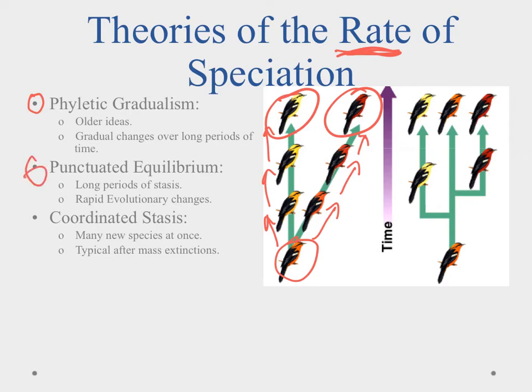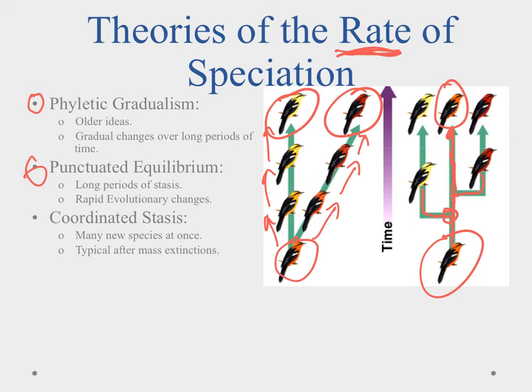Then we can have punctuated equilibrium, and punctuated equilibrium says that you have these long periods of time with nothing going on, and then you have a rapid evolutionary change. So right here you'd see a rapid evolutionary change. Right here you'd see a rapid evolutionary change. But this species here might still be the same species. It's just gone through periods of stasis, no changing. Stasis kind of means that it's just stationary. It's not having any decision to change. Life is good. It's happy. Okay, but if you presented an opportunity to exploit a new niche or something, that's when you see rapid evolution